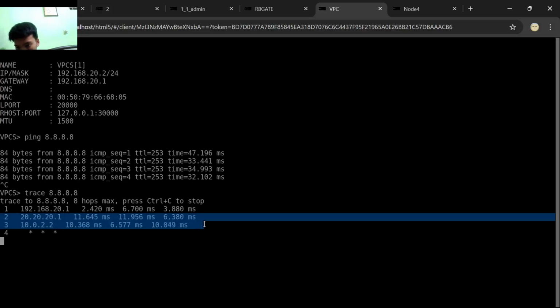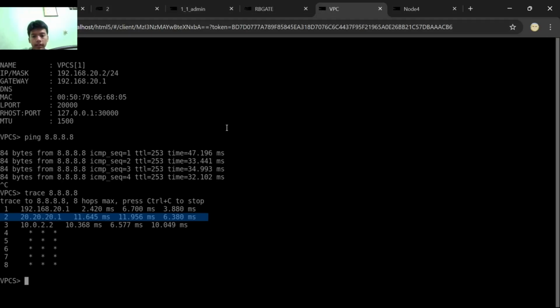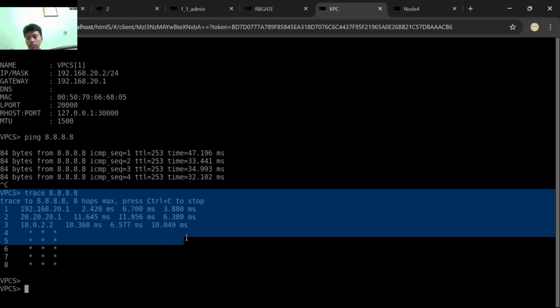The packets are sent to SPB. So from PCB they go to the router gate, and the router gate marks the routing to SPB, and SPB goes to the internet, and the internet sends the packet back. Then they communicate correctly. This is the result of the routing policy.